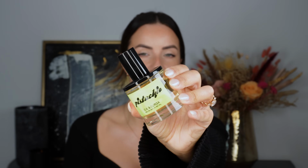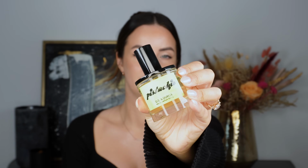So what are my thoughts on this fragrance? Let me get it out of the box to show you a bit of a close-up quickly. So this is a close-up of the bottle, and I think DS and Durga packaging is really chic. I think it's got a very cool aesthetic, and I'm really drawn to them as a brand from an aesthetic point of view. So this fragrance took me by surprise, actually, because I guess in my head I was expecting it to be